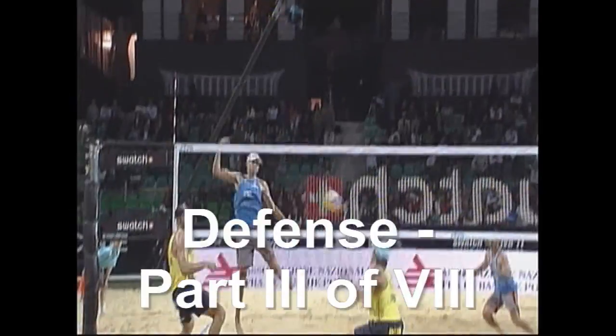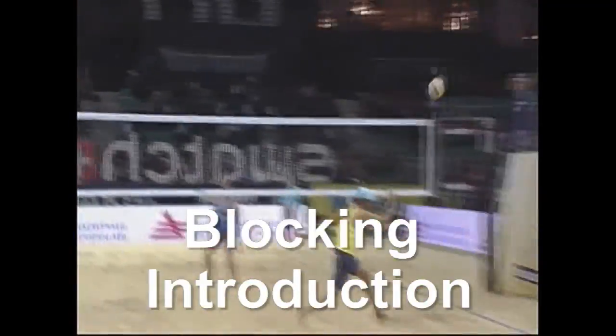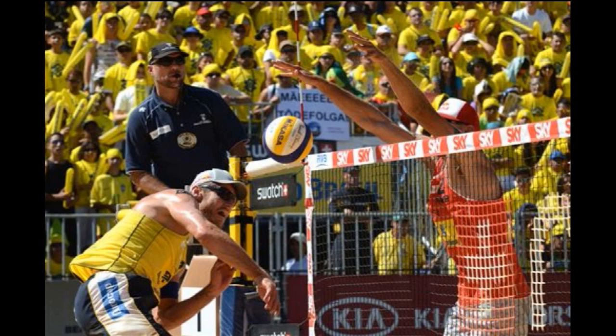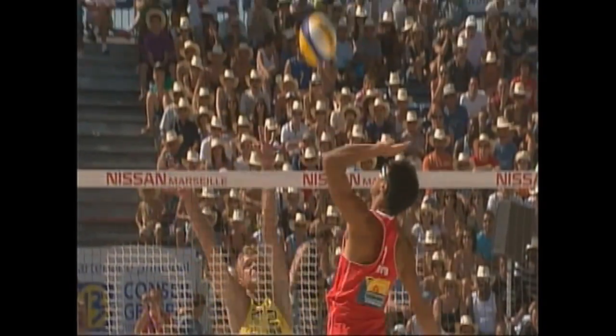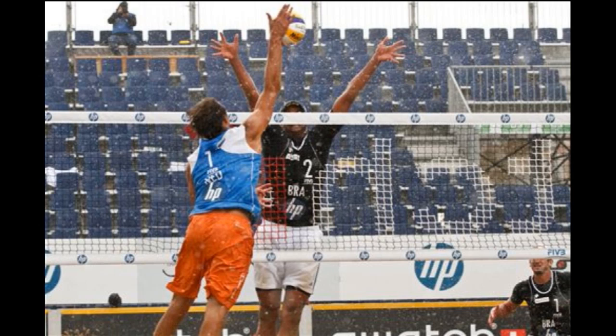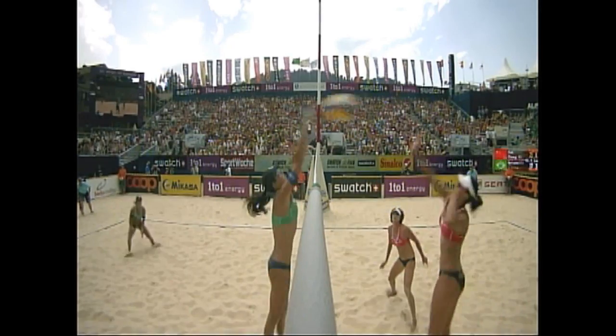The blocker is the pivotal part of the defense. What the blocker does or doesn't do impacts the success or failure of the defense more than any other aspect of the defense. An out of position or undisciplined blocker makes it almost impossible for the backcourt defender to be able to read the play. Only when the backcourt player can trust that the blocker will perform their responsibilities correctly can they read the play